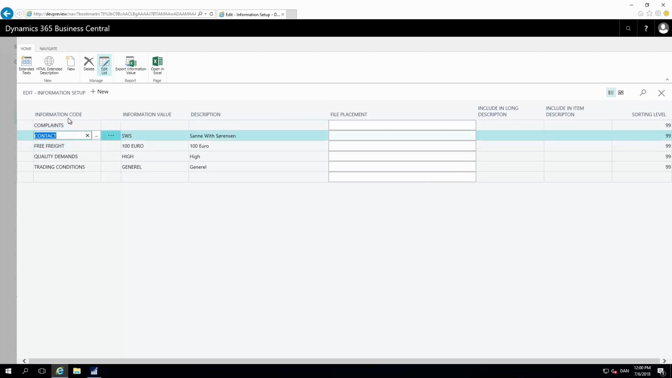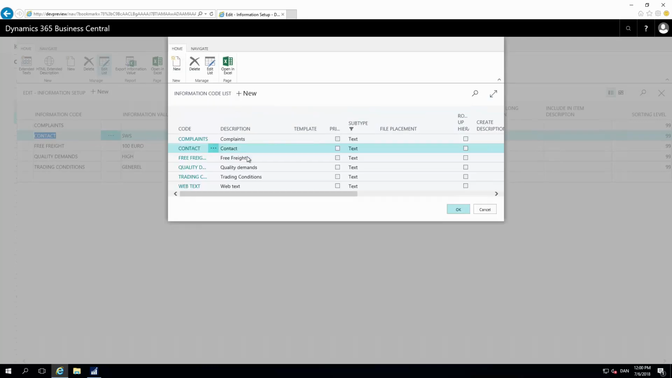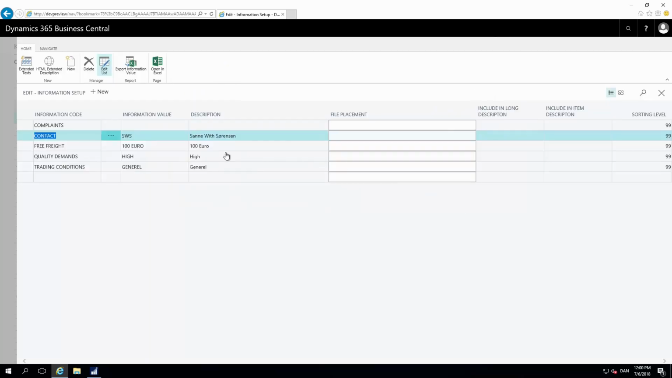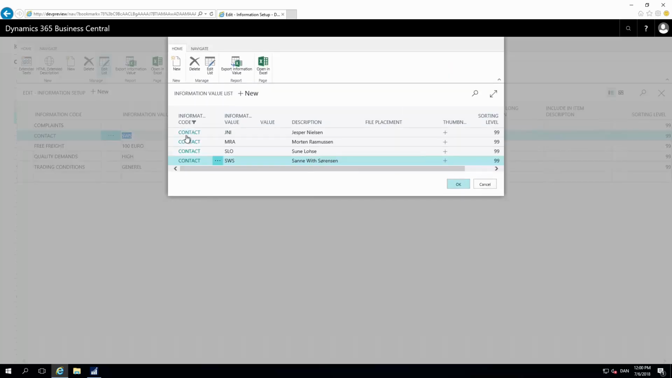So for example, in my information code, which is the top layer, it's like adding fields to the customer card, in this case a field that is called contact, and I can select the field, and after that I can select information value, and I can add a list of different information values. In this case, these are my contacts that I want to be able to add to my customers,